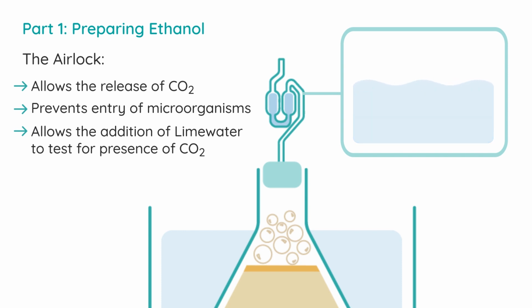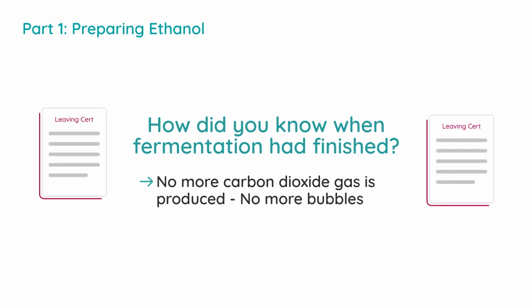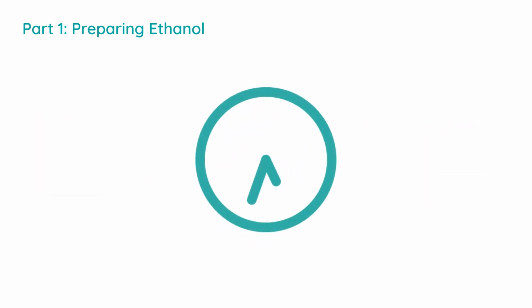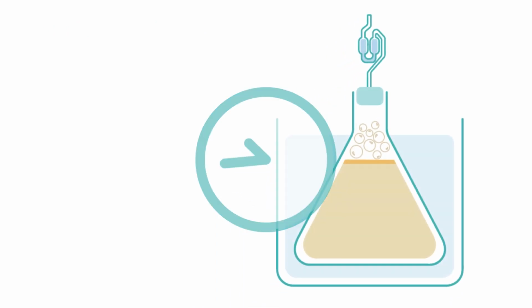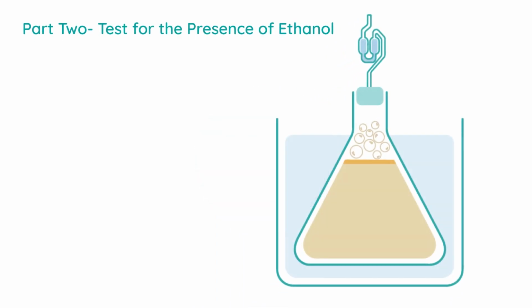The second thing to note is that you might be asked in the Leaving Cert exam, how did you know when fermentation had finished? Well, the answer to that is no more carbon dioxide gas is produced, so no more bubbles can be seen. After 24 to 48 hours, we test for the presence of the other product, which